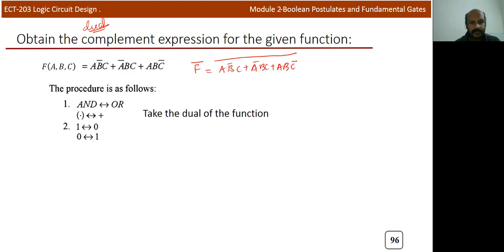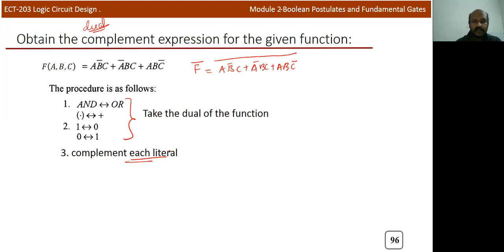I'll explain the procedure. First thing, we need to take the dual of the function without changing the variables, because we need to change OR to AND, AND to OR, 1 to 0, and 0 to 1. In the case of dual, we will not change the variable, but in the case of complement, we will perform one more operation: complement each literal.